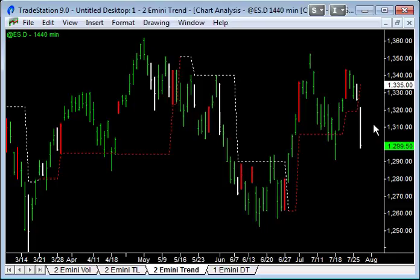And then at the end of the move, what you typically have is another exhaustion buying, and that's the exhaustion buying bar that professionals are using to get out. Similarly, you get the same kind of thing on downtrends. So this last downtrend move that we can see here was started off by some exhaustion selling bars at the beginning of this move, and then finally we get confirmation on price, and